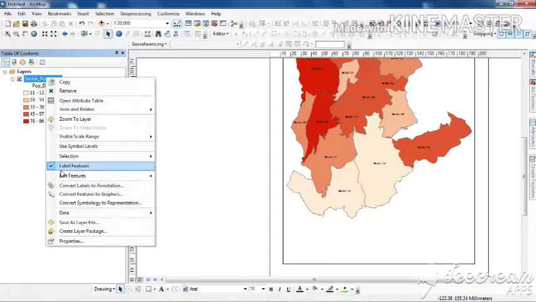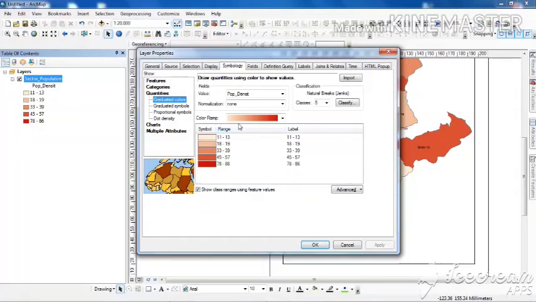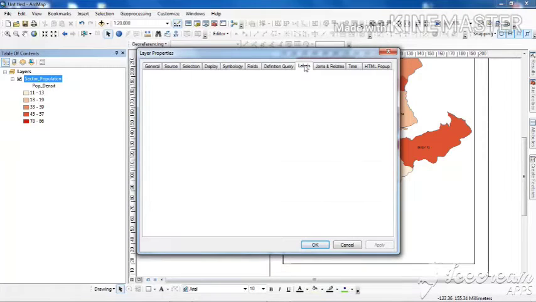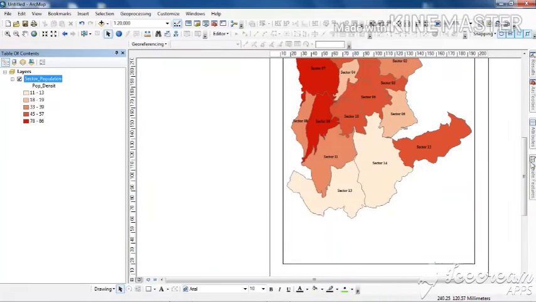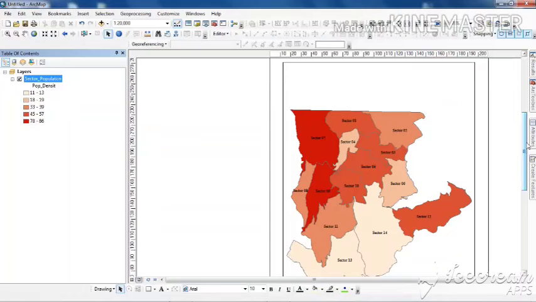Why am I labeling? Just to make you understand what these particular units are. So in the label section I will have to go through the layer properties. Sector name, you just see we are labeling the field by sector name. Now whenever you are preparing a map, either use Arial Narrow or use Times New Roman, because these are the official fonts. I basically prefer using this Times New Roman. I am making it a bit bold. You just see now it is much more properly visible, these inside names.